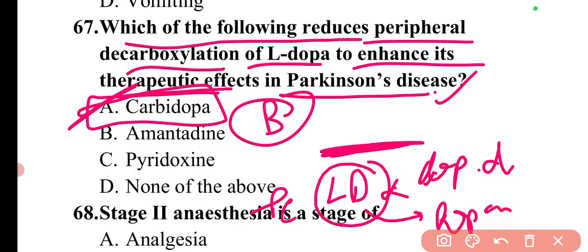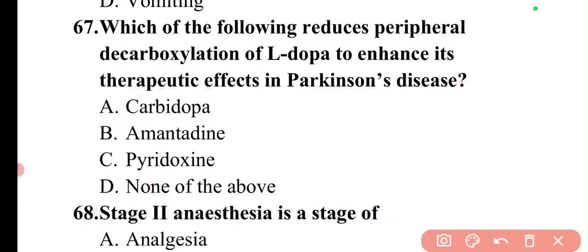This dopamine has no ability to cross this particular membrane, but levodopa can cross the membrane and then it converts into dopamine to produce the desired effect. So in order to remove this peripheral conversion, we will give carbidopa, which will inhibit peripheral conversion and allow it to be absorbed in the